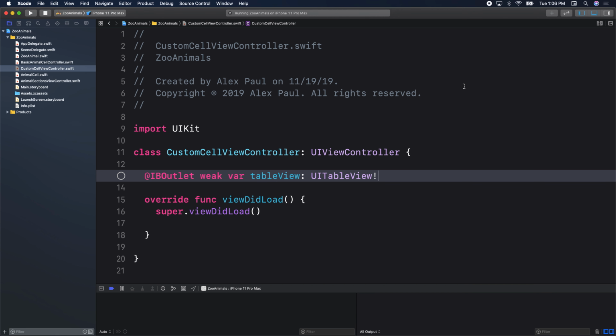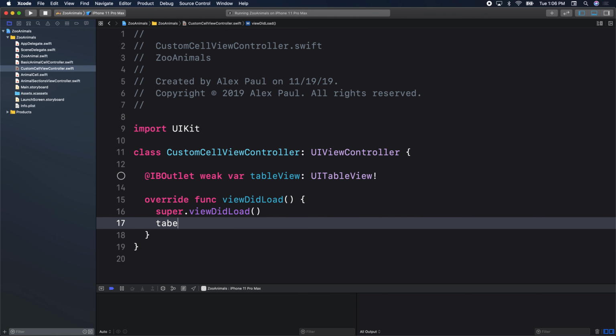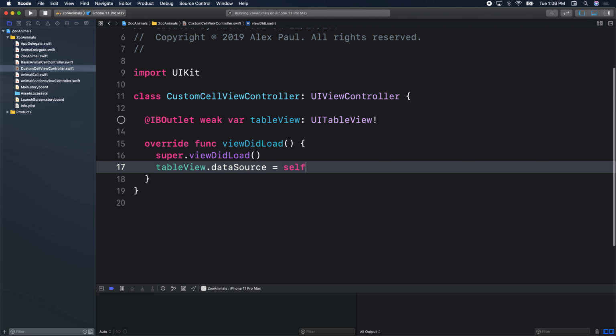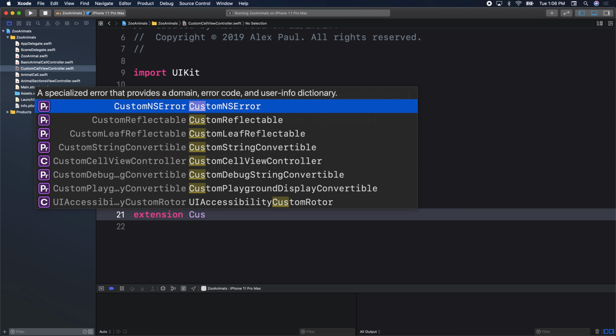So first off, we need our table view. Then right away, we create our table view. Get in the habit of setting up your data source right away. Set up your data source. Go ahead and make sure you set up your extension. This extension is on my custom cell